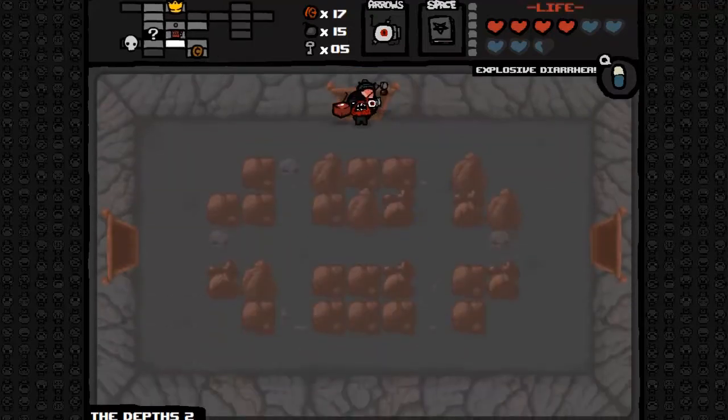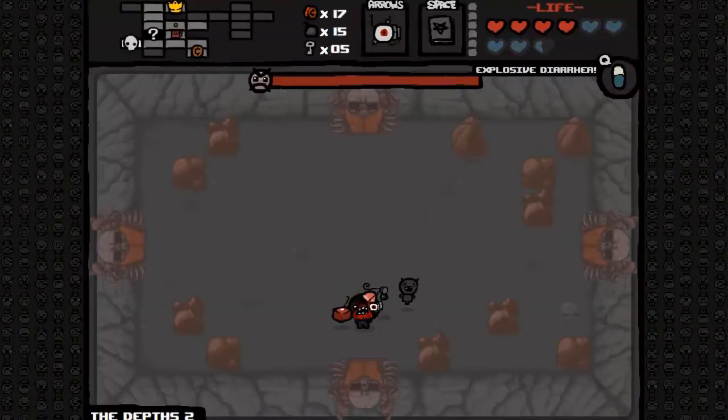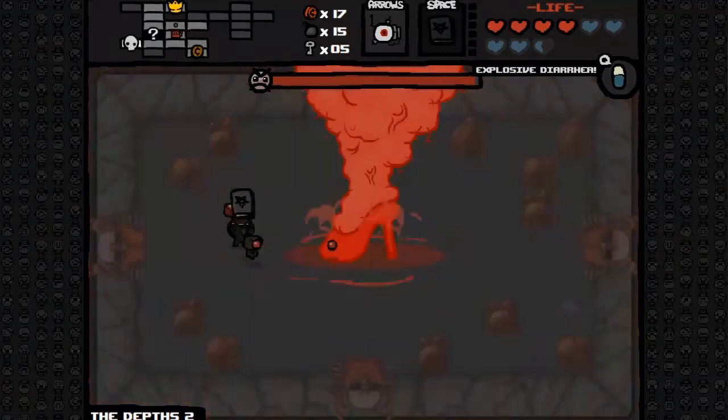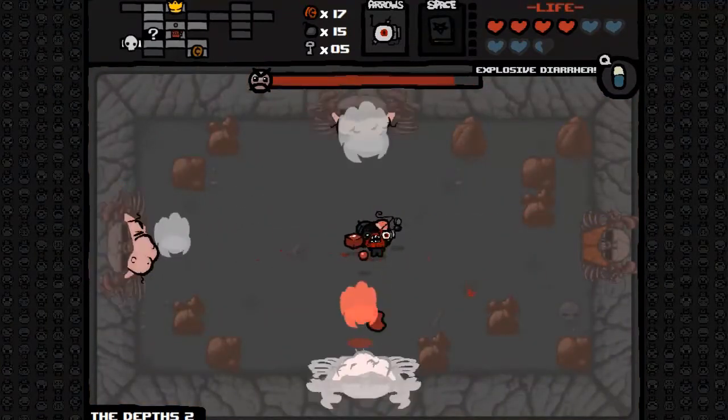Today we look at a set of items I like to call the Books, a group comprised of the Bible, the Book of Shadows, Monster Manuel, the Book of Sins, Anarchist Cookbook, the Book of Revelations, the Necronomicon, the Book of Belial, and finally, the Bible. Each item boasts a different power for you to make use of in your runs, and today we're going to